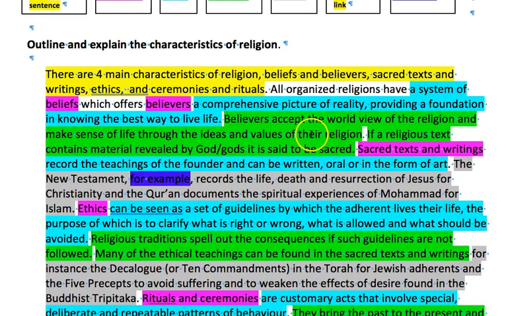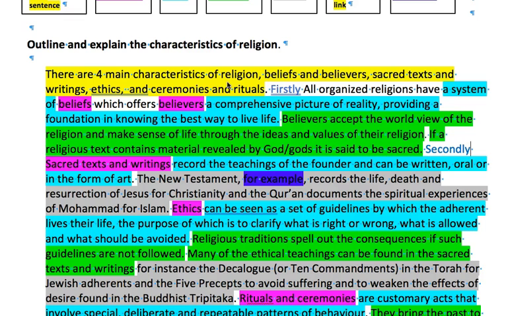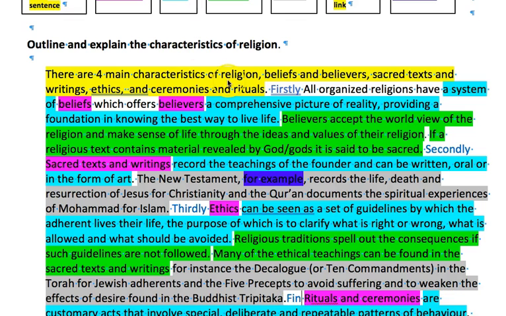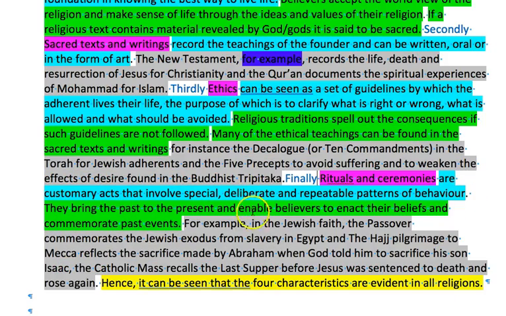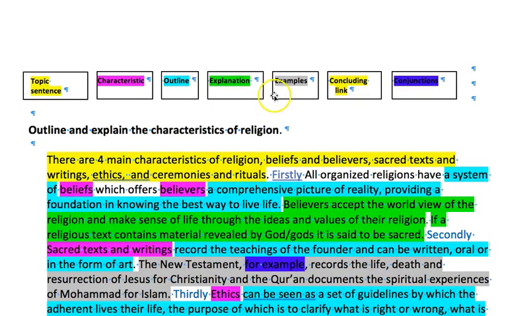You could also have started your text with words like firstly, secondly, thirdly. It's a bit repetitive after a while, and for the last one you could have said finally. That's if you wanted to order your ideas in that way. Another for example here, and we've got for instance. The other thing I'd like to show you is some key vocabulary that I think we need to be mindful of.